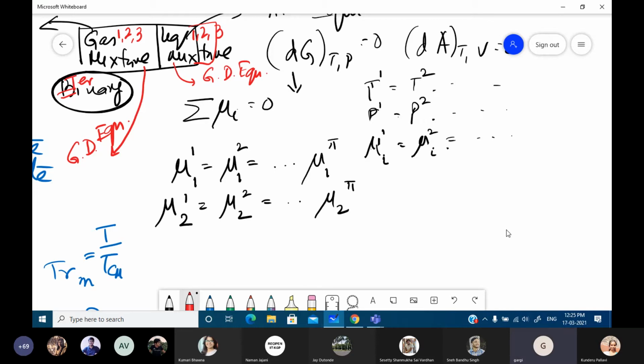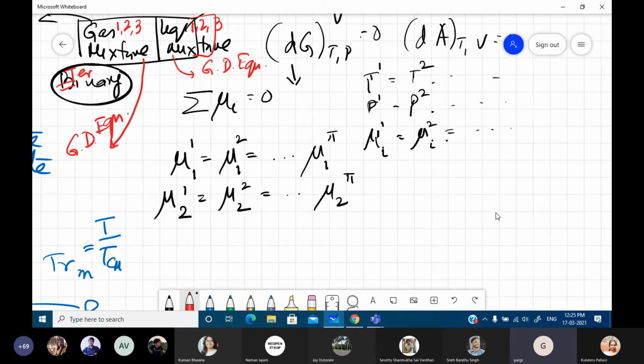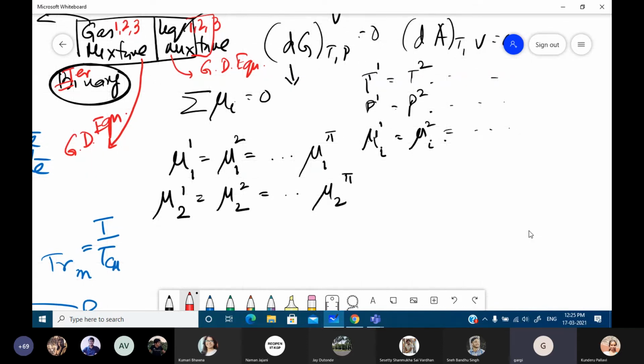What are the properties that you require to completely define just the gaseous mixture? Can you tell me? Let us start with the properties that you need. If you can tell me. Come on. What are the properties that you need to define the gas phase? Pressure, volume, temperature.